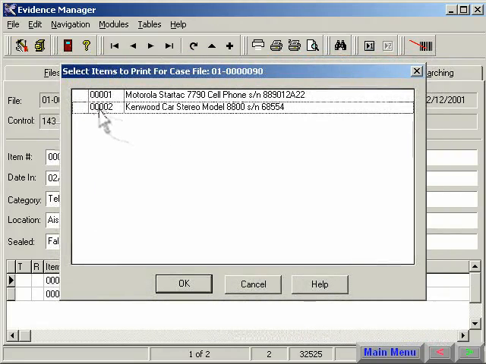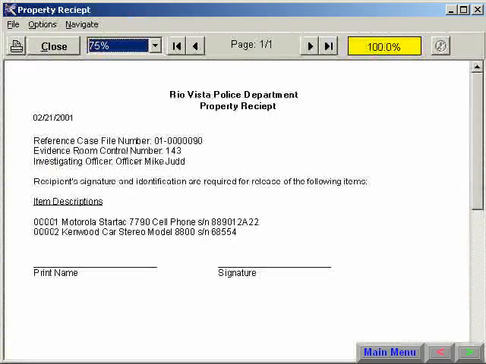Here is our item selection for this case file, and once again we'll choose both items using the mouse. Now we can generate the property receipt. The receipt was generated from the property receipt template that was created in our word processor. We print out the receipt so we can get the signature from our property owner. This has been just a couple of examples of the many uses for the Mailmerge function in Evidence Manager. That concludes this portion of the tour, so we'll navigate back to the main